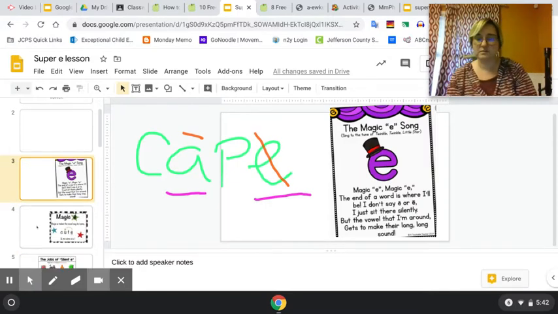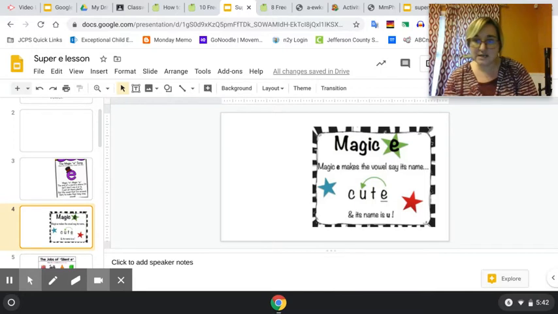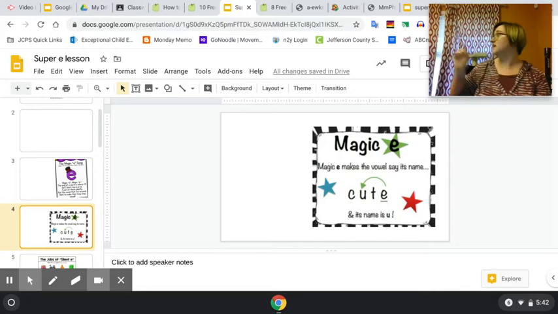Here's another cute little poster for us. Magic E makes the vowel say its name. In this word, the name is you. So we have cut. Do we say that E? No. We go you. It's long. And we have to make sure we're always looking for that silent E. Where does it come? At the end of the word. So if you go to the word and you start to sound it out, there's an E. Do I say E? No. I make the U say its name.